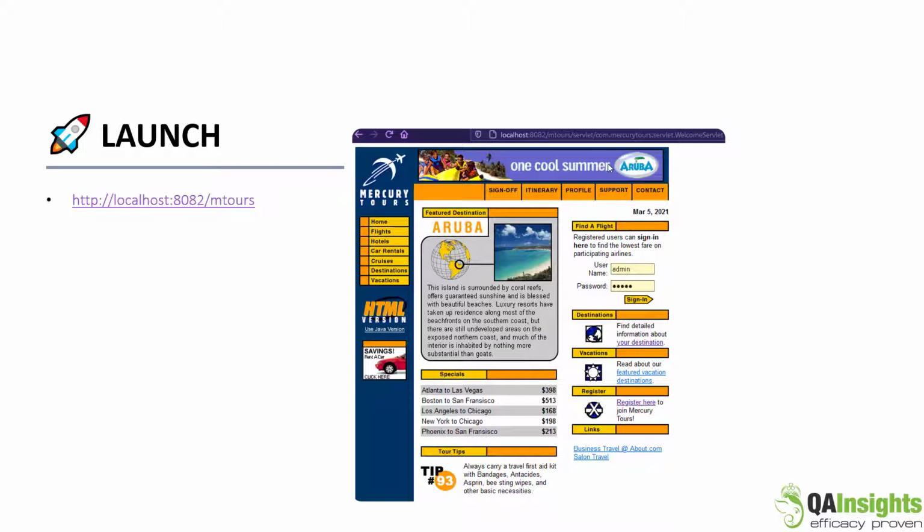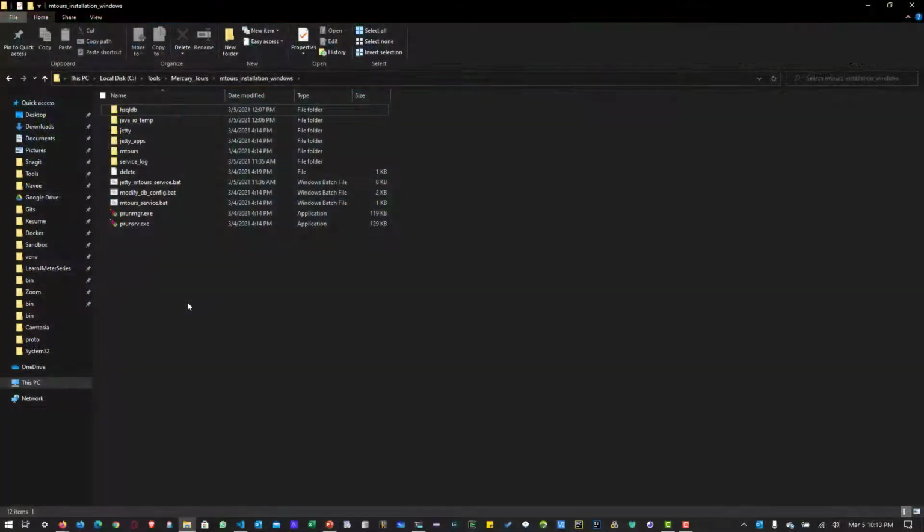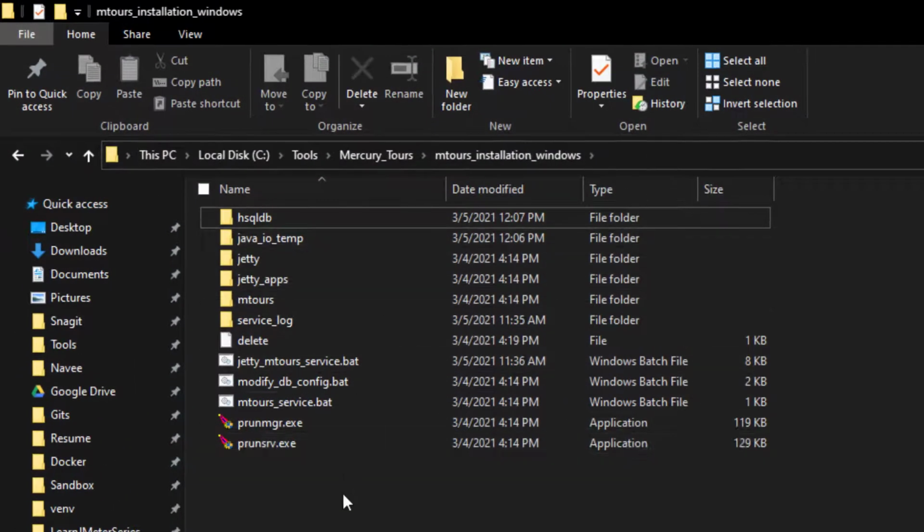Alternatively, you can use advantageonlineshopping.com, where you will get an enhanced experience while navigating between the pages. Now let us see a quick demo of how you can install this application locally on the Windows operating system. Once you extract the zip file, you will get these folders.